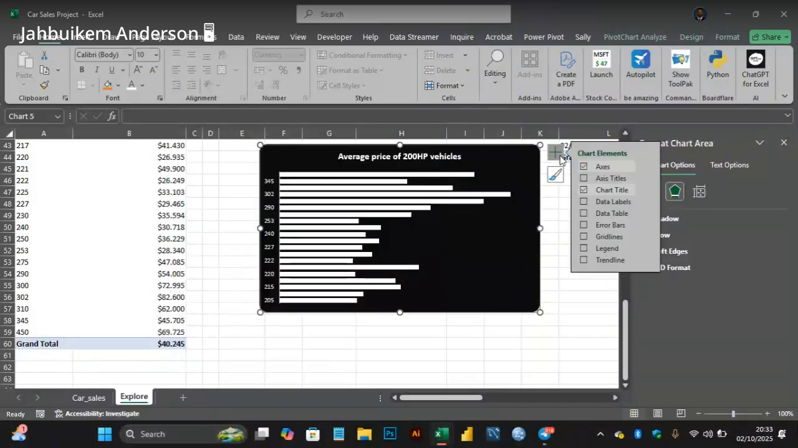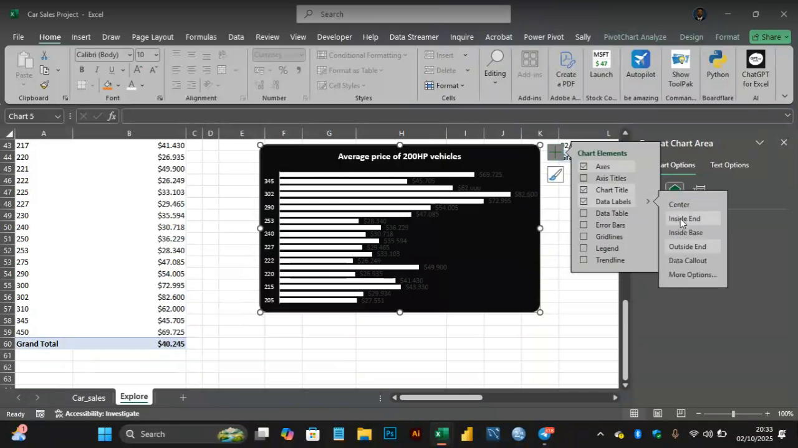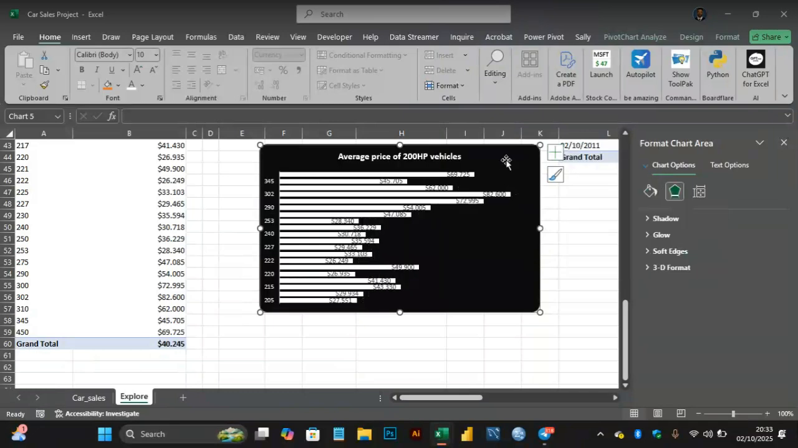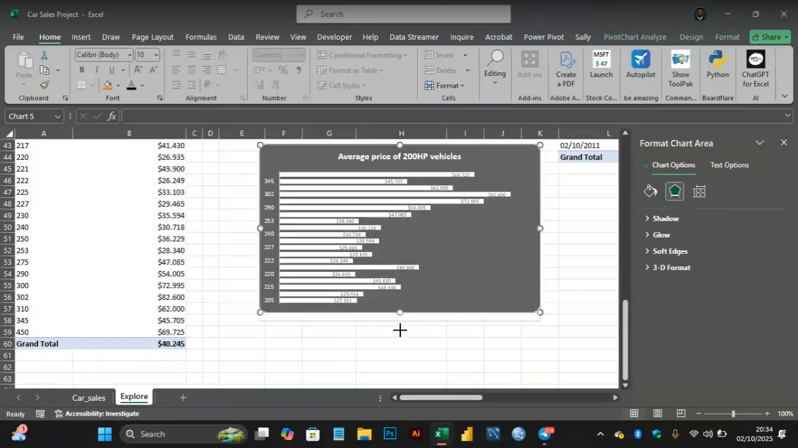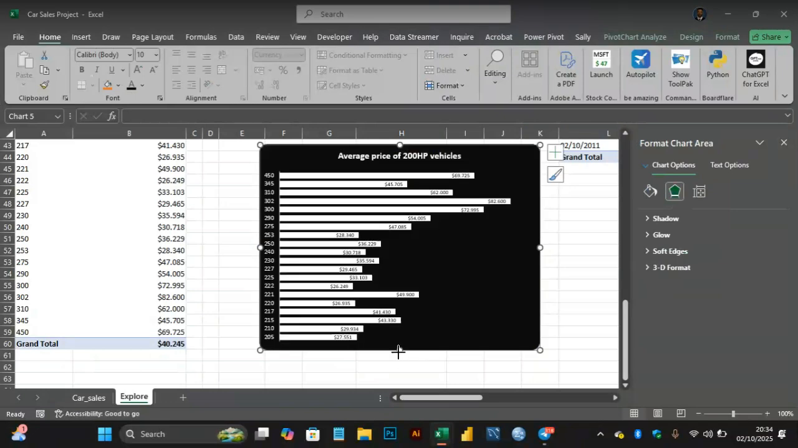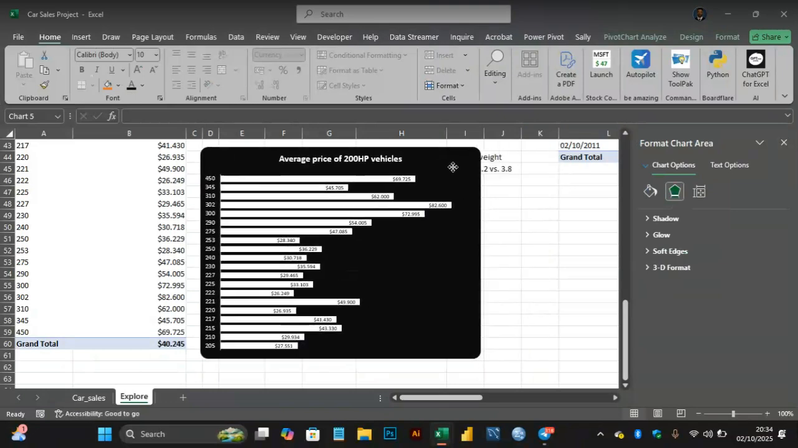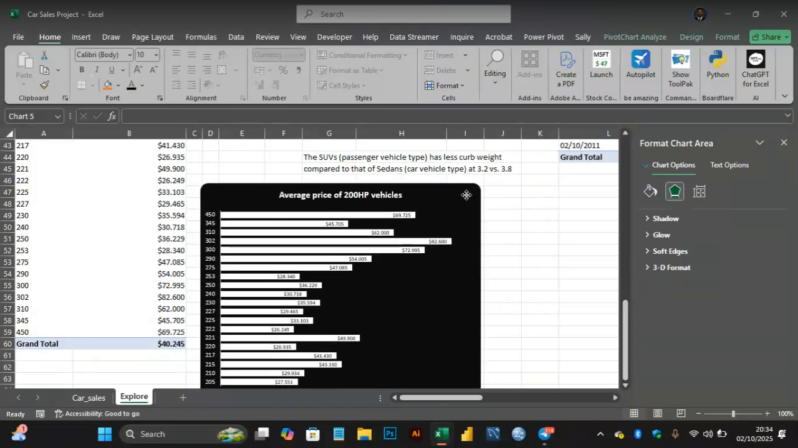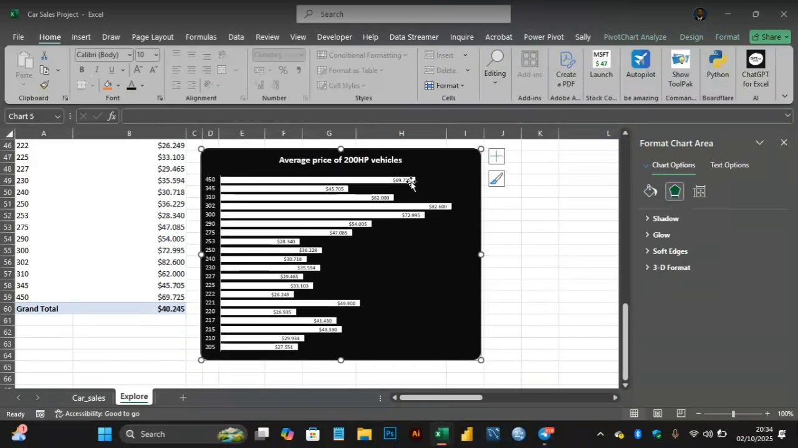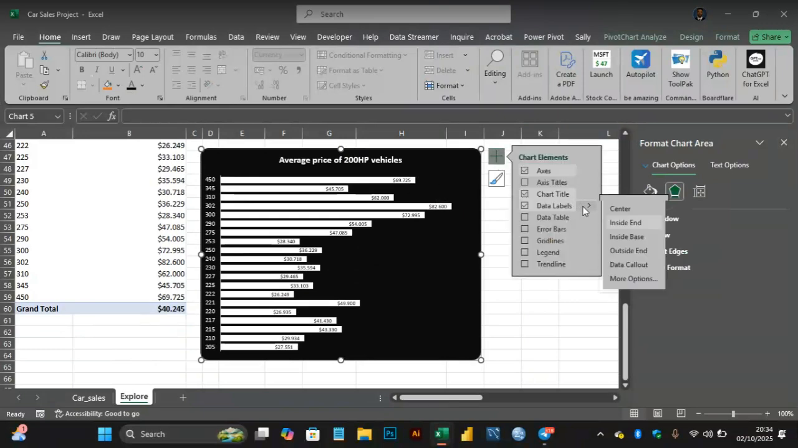Do you think it's necessary to have a data label? Let's see how the data label looks inside end. Let's try expanding this and see. Okay, this is not bad, right? But let's see whether it's best to have those labels